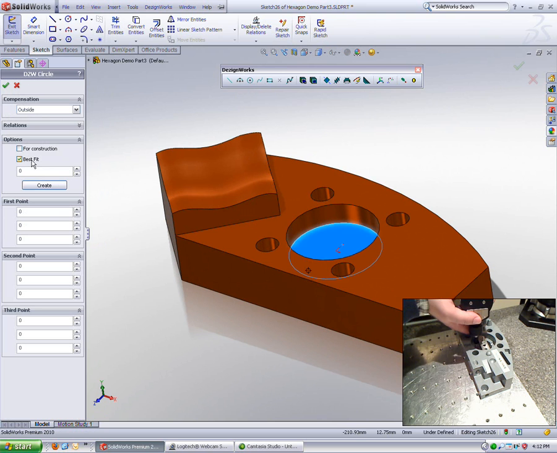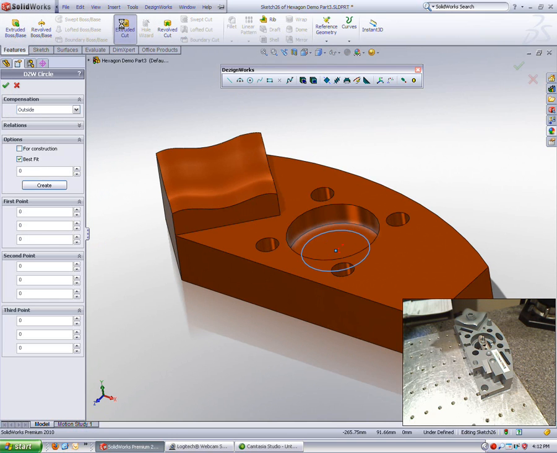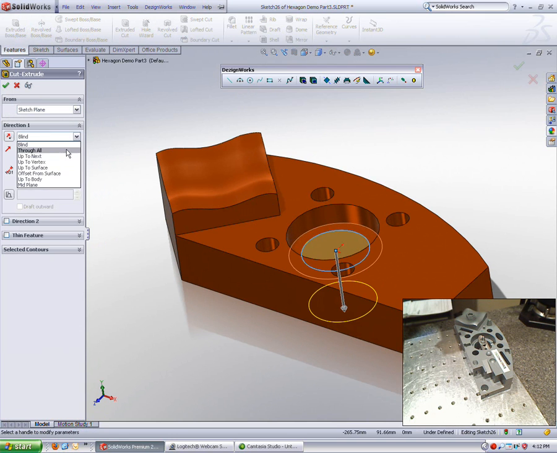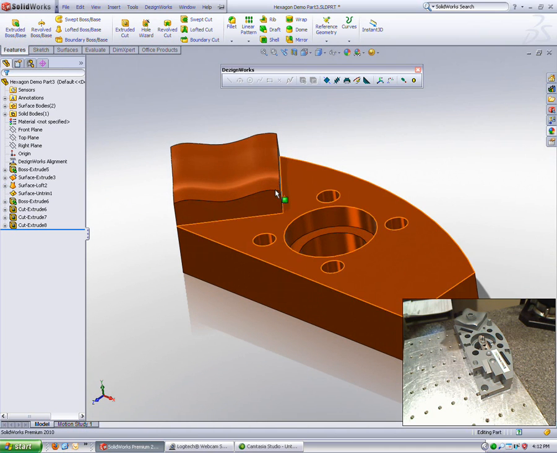and this one will be a best fit instead of 3 point. And so here we'll drag the probe and get a best fit based on a number of points that were selected using our standard cut feature and go all the way through. The next thing we're going to do is actually do